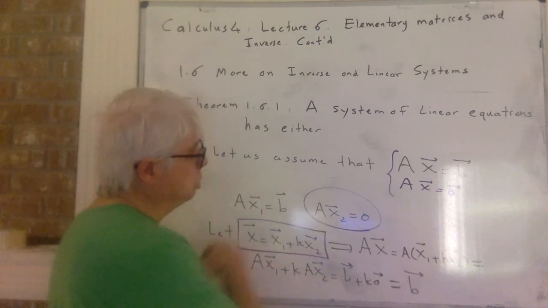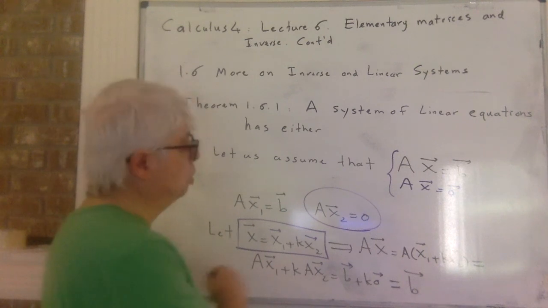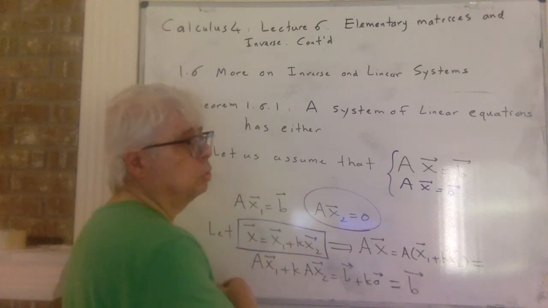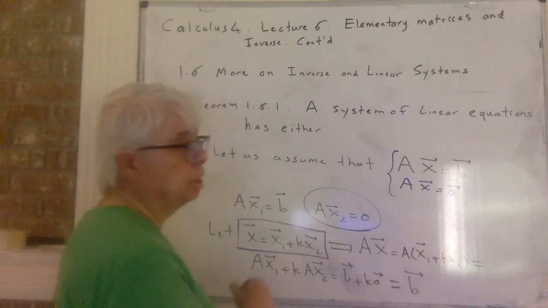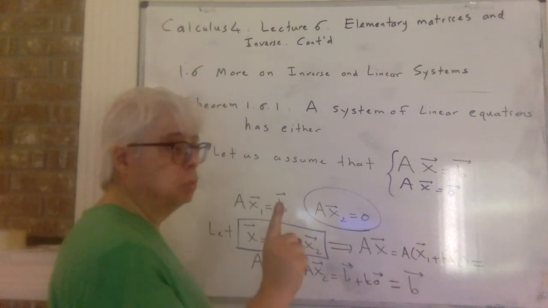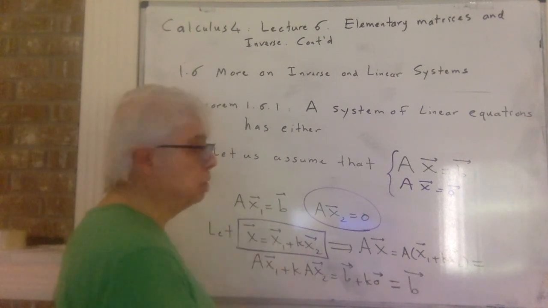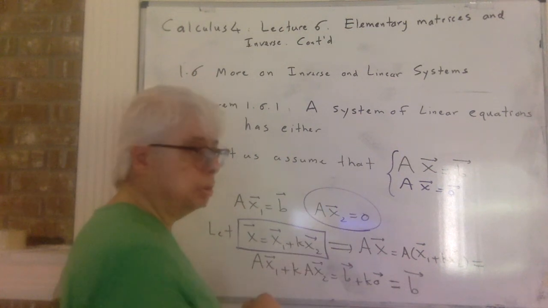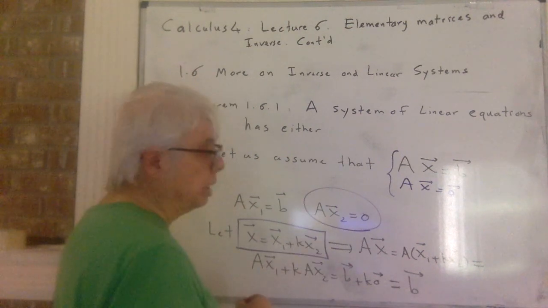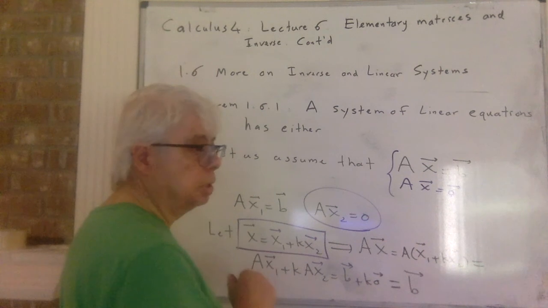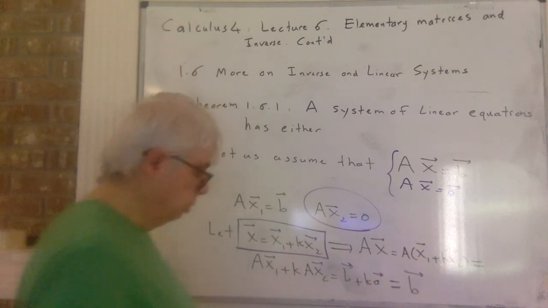So it comes down to asking, does this one have more than one solution, or in what condition does it have more than one? We know it has at least one, so it is always consistent. The system which has 0 on the other side has at least the zero solution, so it is always consistent. So now I will